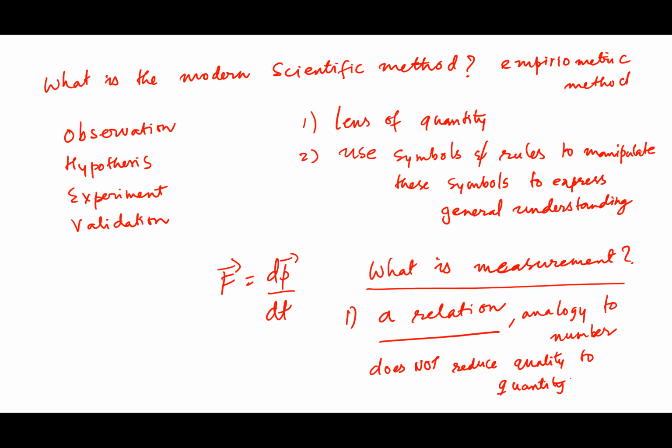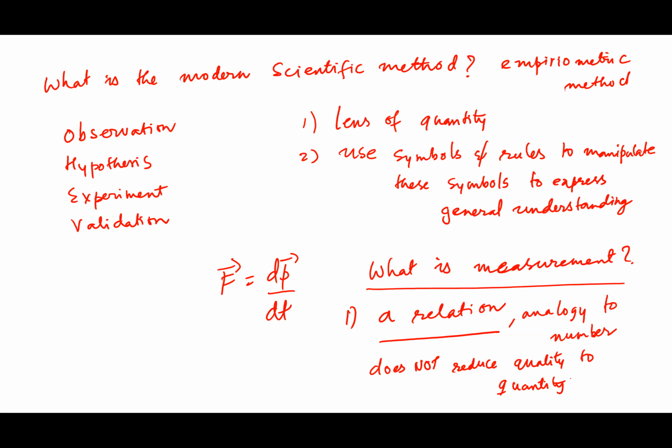So length is extension. So when I say length is 2 meters, what I actually mean is the measure of the length of this table is 2 meters. That's what I mean. But imagine talking like that. The measure of the height of this person is 5 feet 10 inches, right? It's very hard to talk like that, so we just say the height. But what we actually mean is the measure of the height. The height itself is extension, which is quantity.